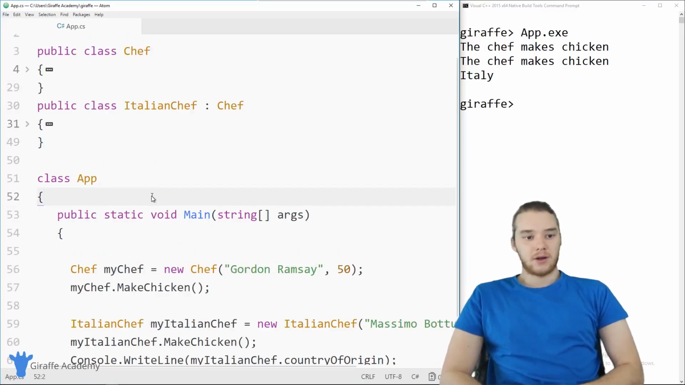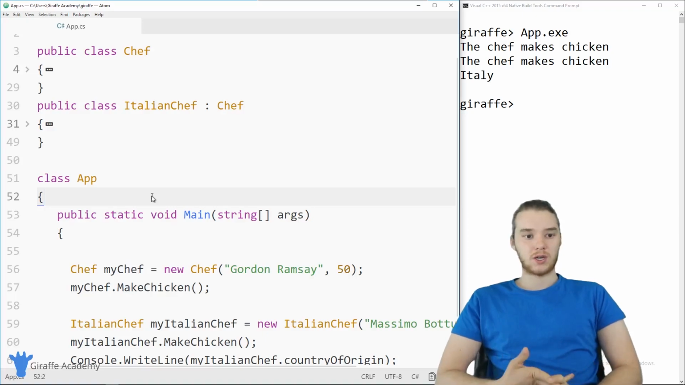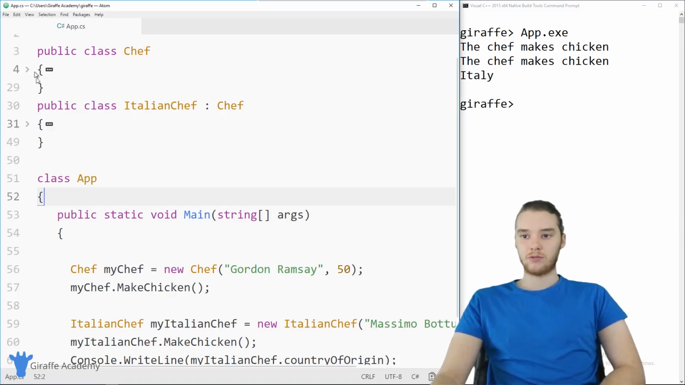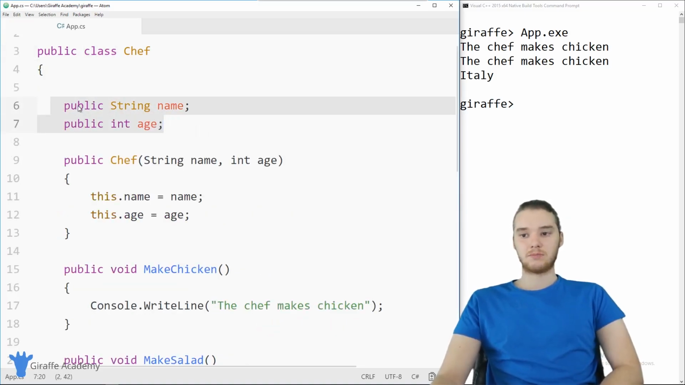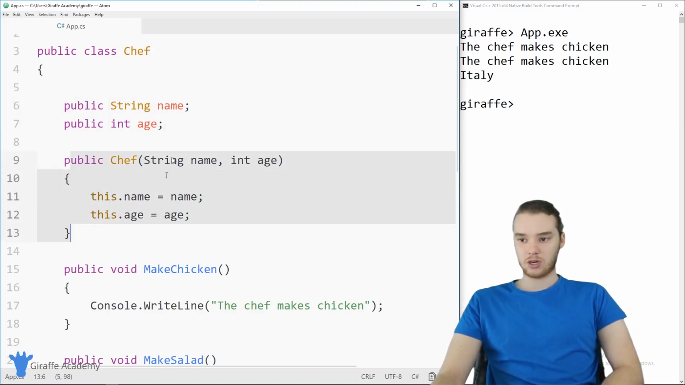All right, now I want to talk to you guys about another concept with inheritance, which is using constructors and attributes. So over here, I have my public class chef, and this is just like what we had before, except now I'm adding in some additional attributes. So the chef can have a name and can also have an age. You see down here, I have a constructor, passing in a name and an age,